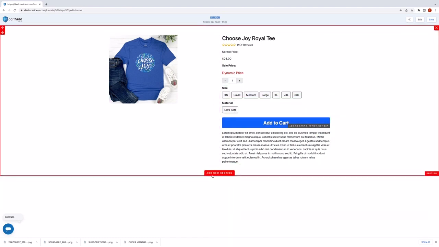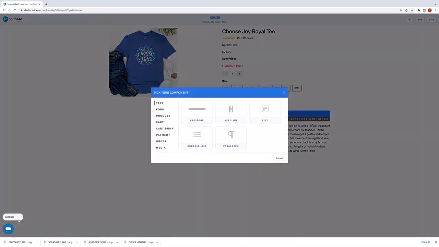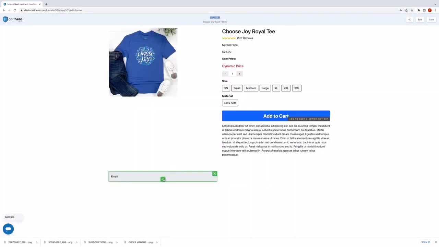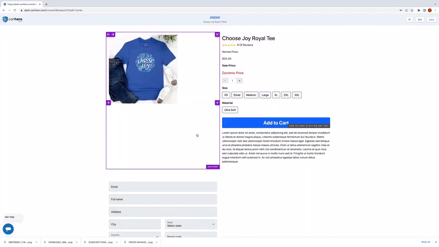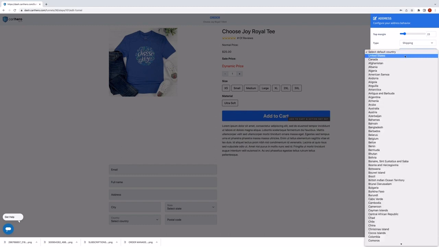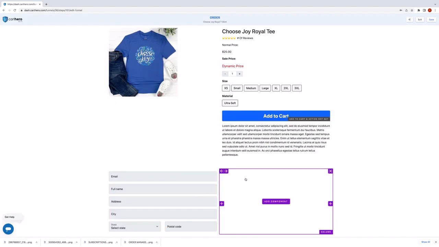Next, I want to add in a checkout section. Just build out something really simple. Let's add a new section. Let's do a 2-column. Over here, let's add an input field, and let's do an email. Then let's add in their shipping address form. So we've got a shipping address component that pre-populates, and we could set that to default to United States. And we could even go ahead and turn off the country since we're only going to sell to US